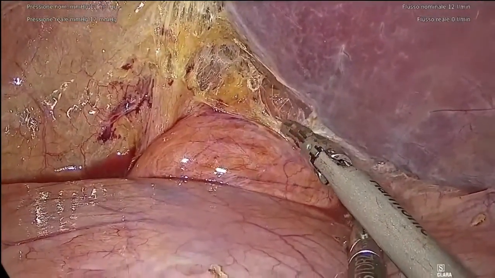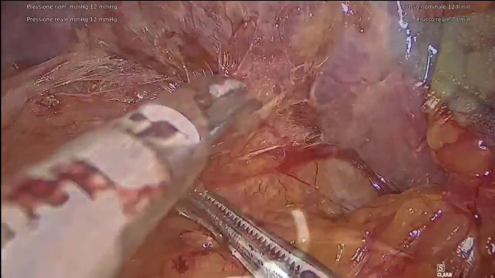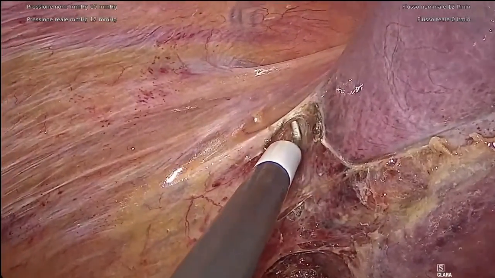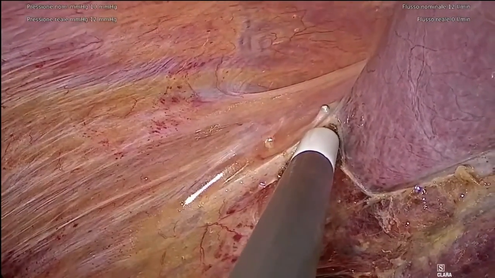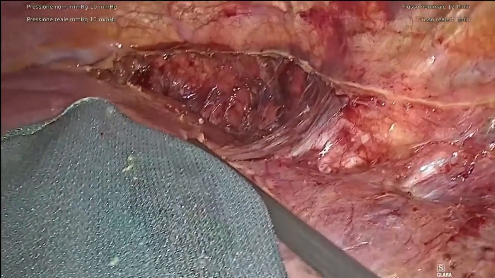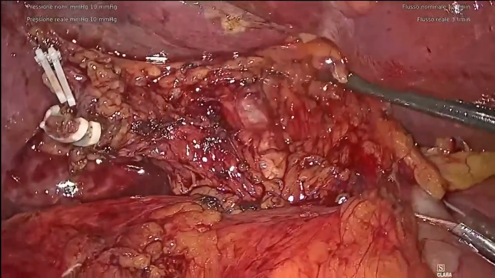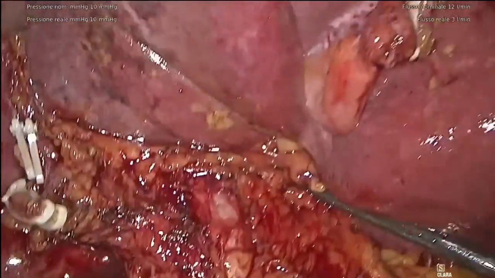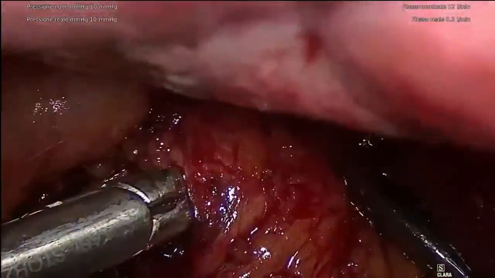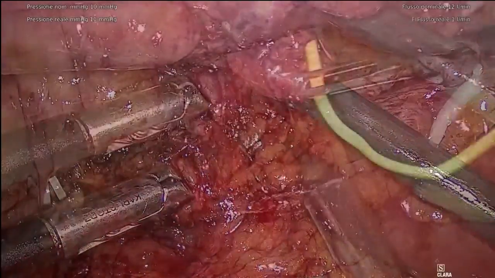Firstly, we start with a complete mobilization of the right liver, dividing the right triangular ligament, as you can see here, and subsequently, after dividing the falciform ligament, we complete the mobilization in order to permit a complete rotation of the right liver. After that, we start to approach the hilum, identifying the major vascular structure such as the common bile duct,